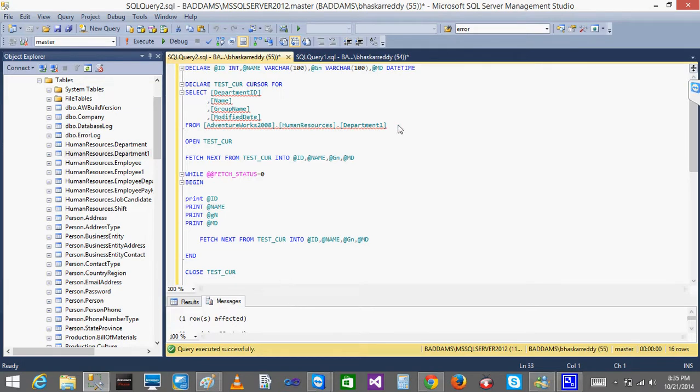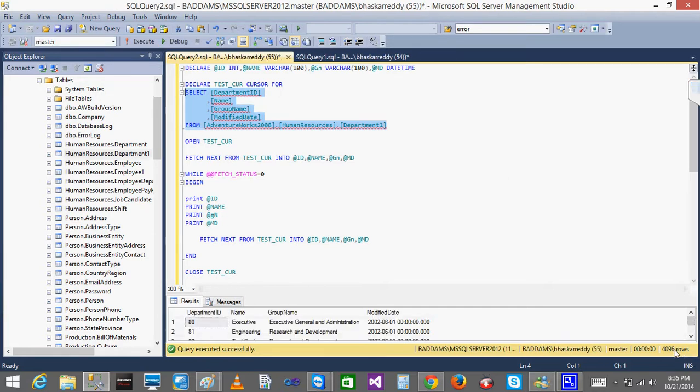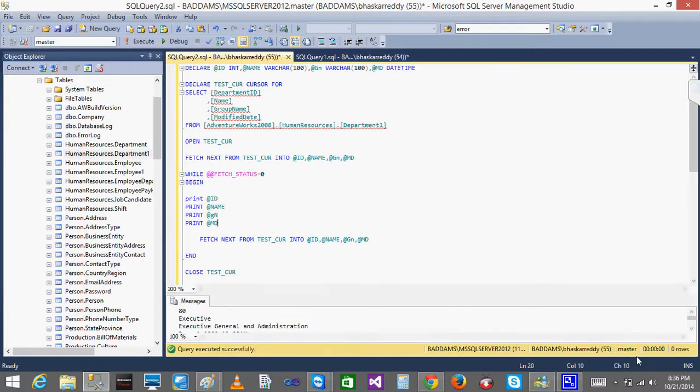So now what happens when I execute this? I am just only executing the query. See, you can see there are 4096 records. It is taking less than 1 minute to get all the records done. Now what I am doing by using cursor, I am printing record by record. I am taking all the records, storing in the cursor, and I am trying to print record by record, right? Now when I execute this entire cursor, see,